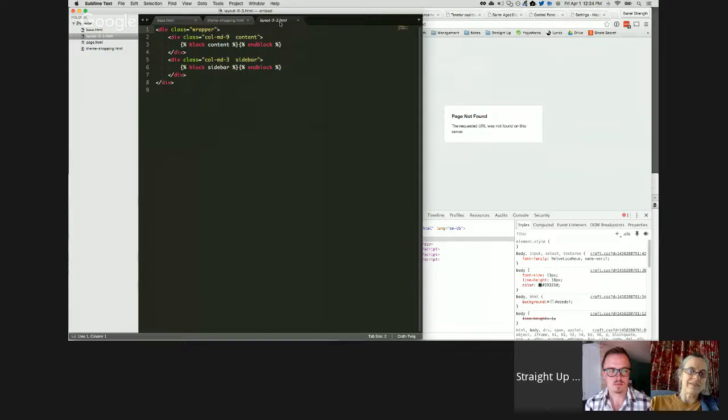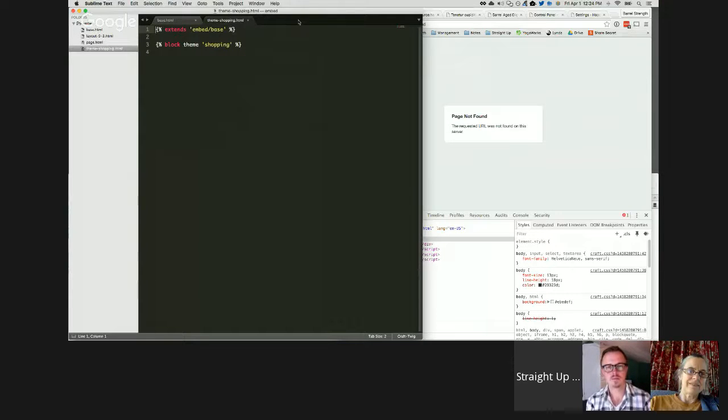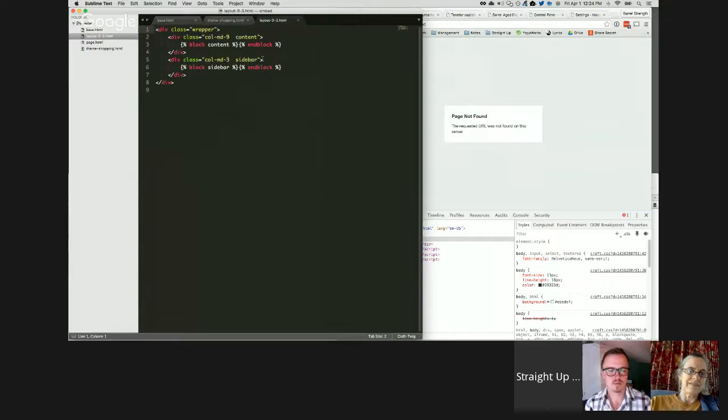And then we have one more level, which is the layout, or no, actually the layout's last. Well, the layout's kind of next. But let's go to the layout next. So then